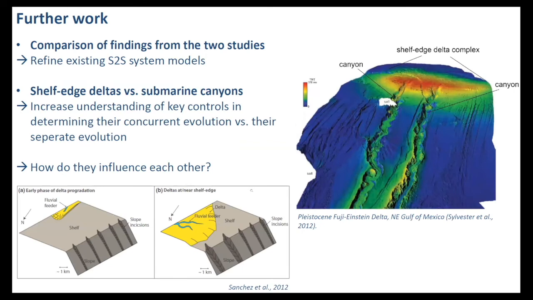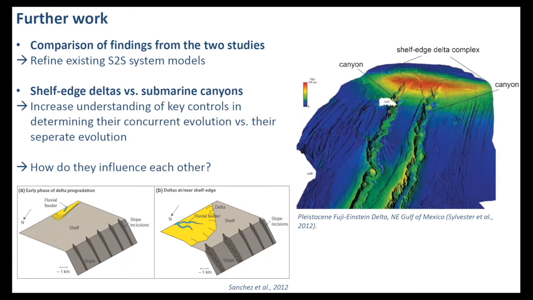Currently, I bring the results from the two studies together with the aim to refine existing source-to-sink models. I will compare the findings from the two studies to assess where we have commonalities and where we have differences in scaling with environmental factors. And this will hopefully aid us to achieve a better understanding of which controls determine whether shelf edge deltas and submarine canyons evolve concurrently or individually without the presence of the other, and how they might influence each other's evolution and